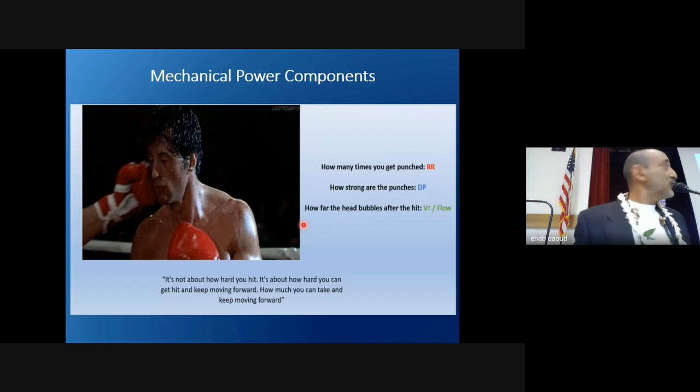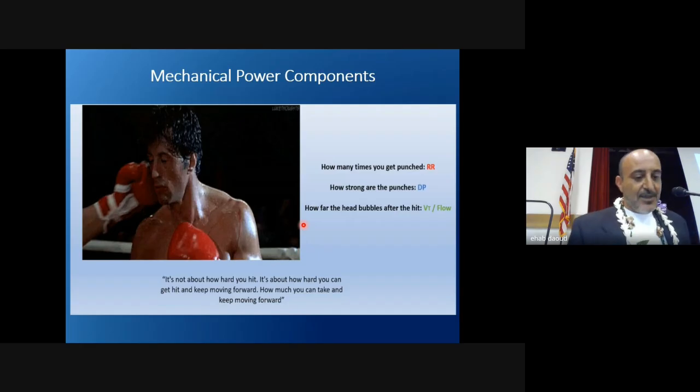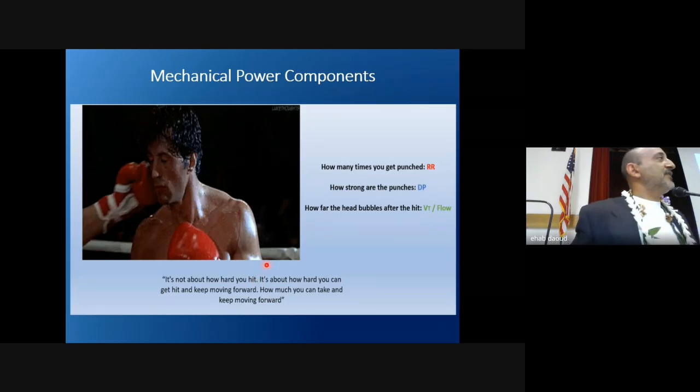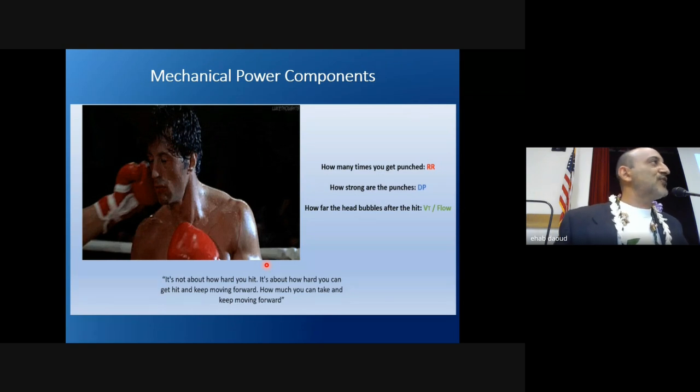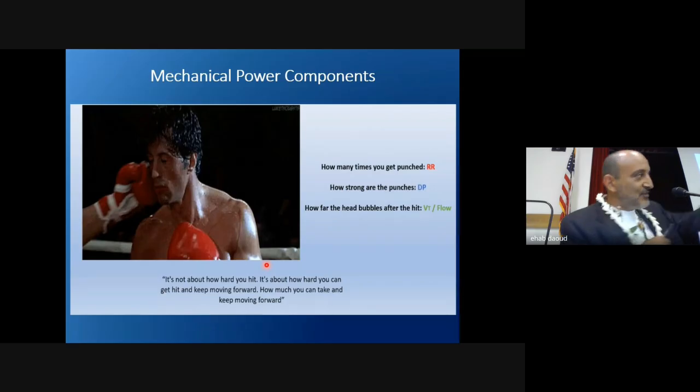Then this is the most important slide. Some of you might be young, you wouldn't remember Rocky. But that's my analogy for the whole mechanical power thing. How many times can you get punched if you're in a boxing match? If you get punched 5 times per round, you might survive a couple, 6, 7, 8 rounds. If you get punched 35 times, you're not going to survive 1 round. Okay? How strong do you get punched? If I'm doing this to you, okay, you'll survive. If it's Mike Tyson hitting you with maybe a couple of punches, so that's the pressure. And how many times your head will